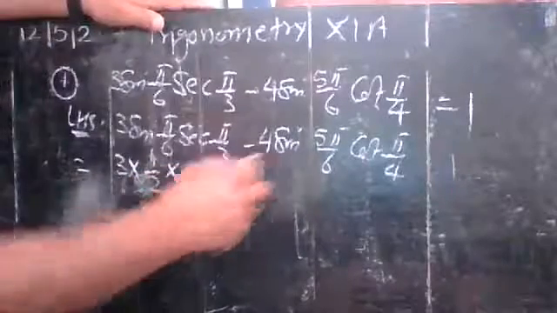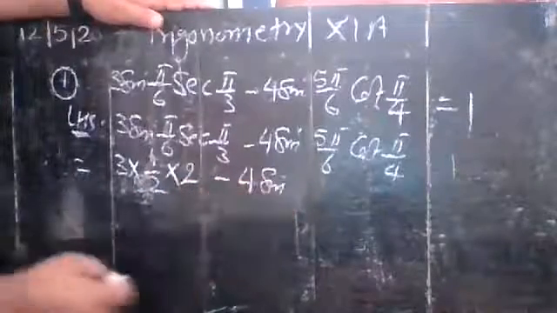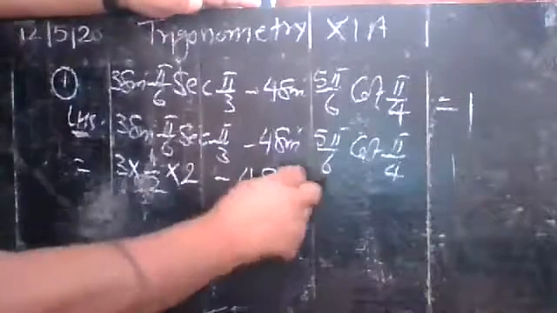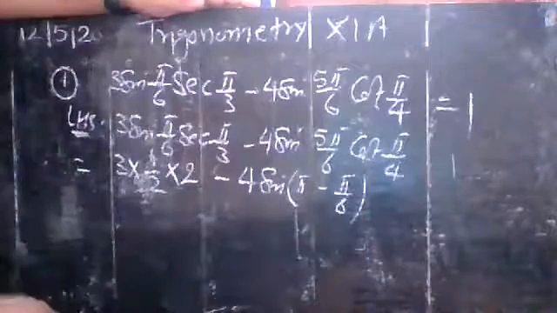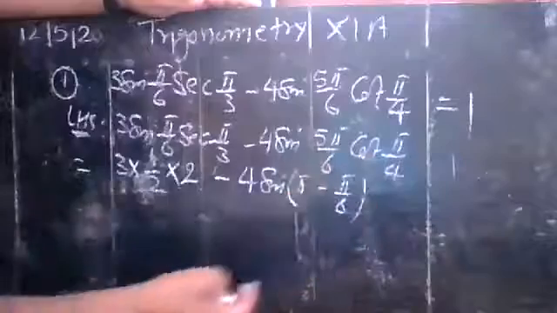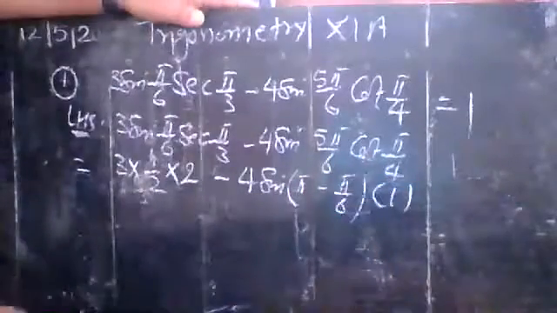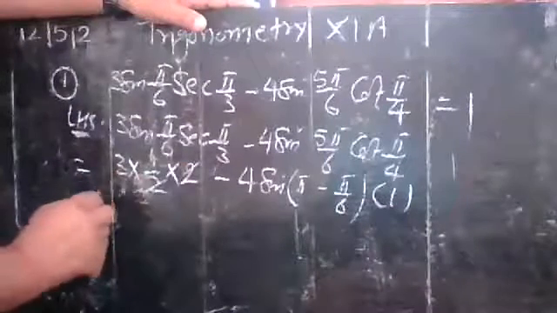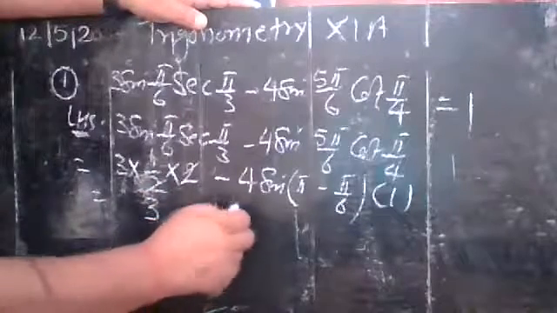Now, in the next step, minus 4 sine, just listen, sine 5 pi by 6 can be written as pi minus pi by 6. And then cot pi by 4. Pi by 4 means 45 degrees, and cot 45, cot pi by 4, is equal to 1. Now here you see that 2 and 2 cancel out, and here you have 3 minus 4 into...